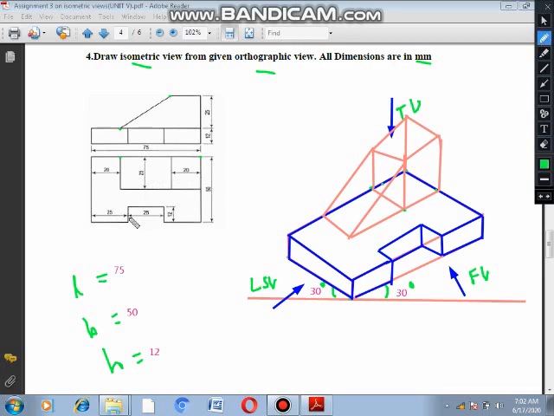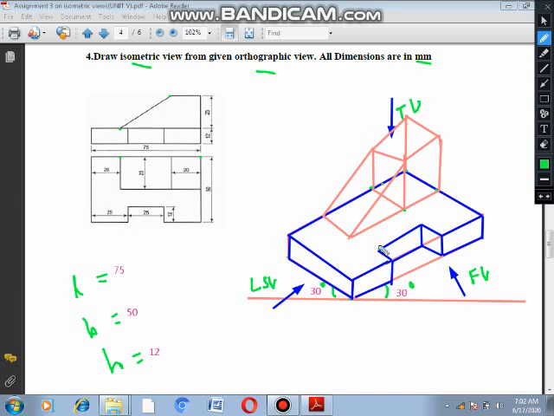See like this. So this is the depth of the 12 mm, but we are having height 12 mm. We are seeing in the front view, this is the 12 mm. Okay, so this is the 12 mm. From every corner height should be equal to 12 mm. So that we can take that 12 mm height, 12 mm height, 12 mm height, 12 mm height from every corner. Okay, but we cannot draw this from this point 12 mm line.